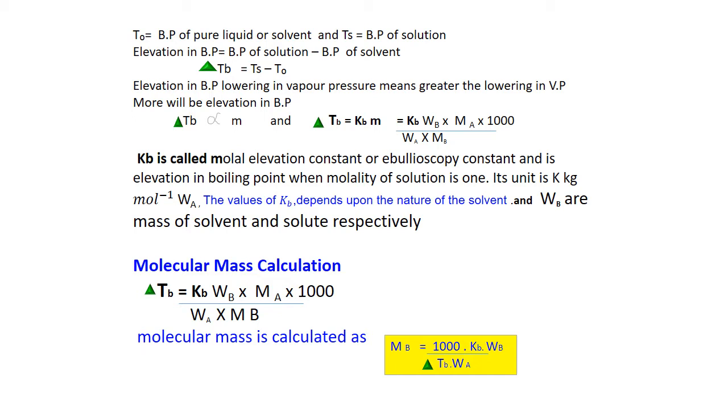So placing the value of molality, we can find out the formula to be used for delta Tb with the molecular mass of the solute. So m is equal to Wb upon Mb divided by Wa into Ma multiplied by 1000. The formula is given, so you have to remember the formula for the relation of elevation in boiling point with Kb and M. And we can calculate the molecular mass by the formula Mb is equal to 1000 into Kb into Wb by delta Tb into Wa. Wb is the weight of the solute, Wa is the weight of the solvent.